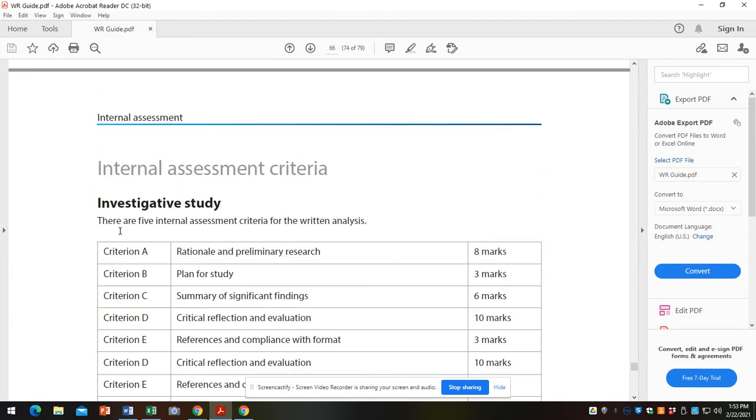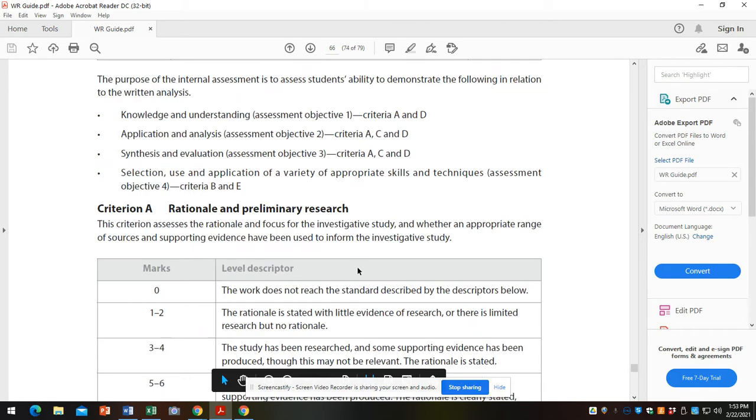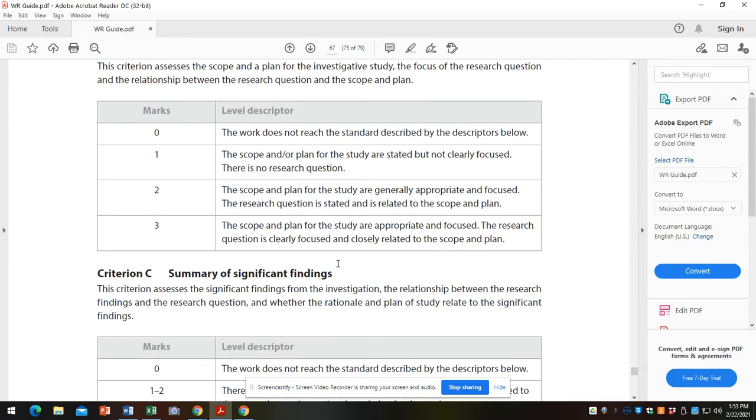If you scroll down here, by the way, it's 30 marks for the whole thing, and the critical reflection is 10 marks, so it is important. If we look down at the rubric,